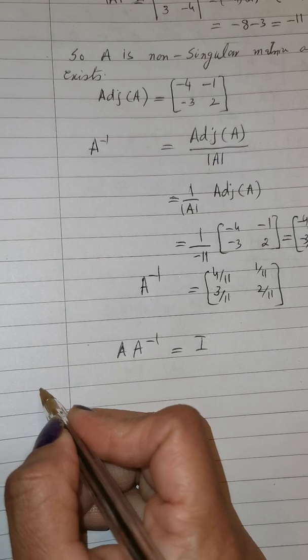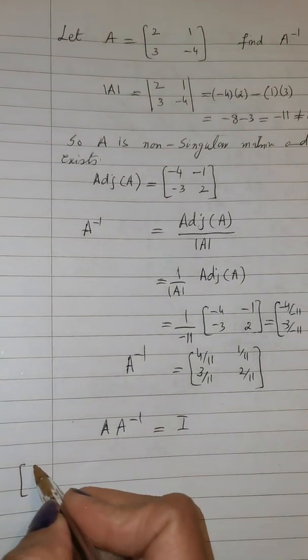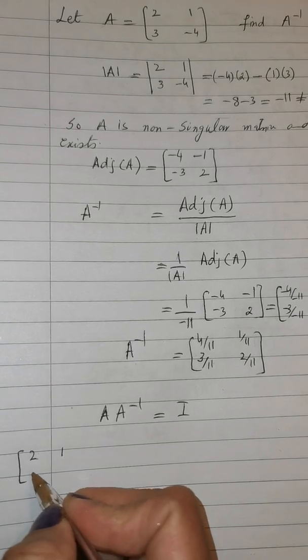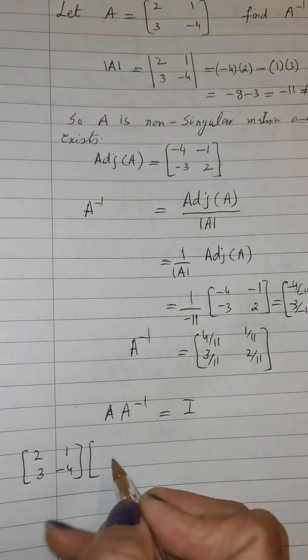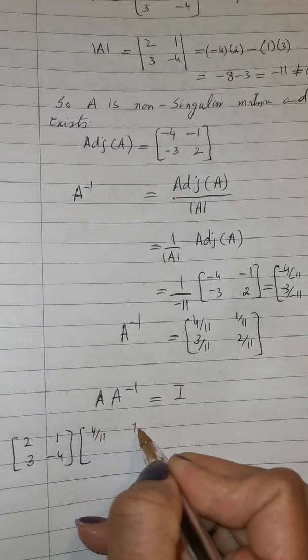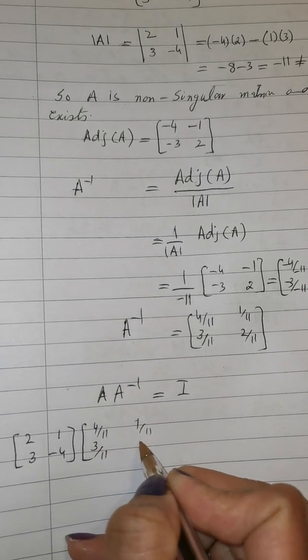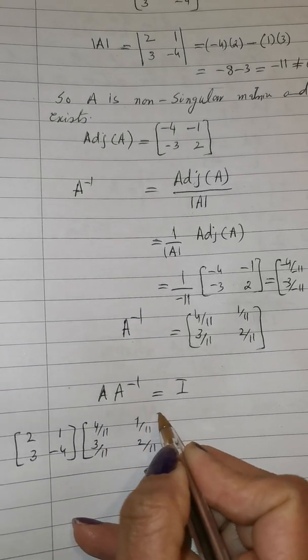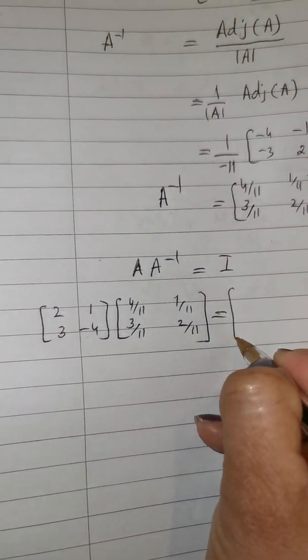Put the value of A, which is 2 1 3 -4, and then I will write the value of A inverse which I found earlier. Now the multiplication of this will give you